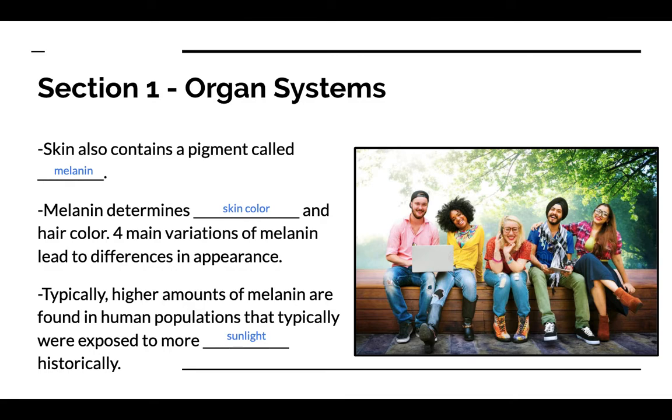One thing that's interesting to point out is people that we would describe as Inuit. We think about their natural skin tone in an area of relatively high or low sunlight, depending on the time of year. But also, if you've ever been out ice fishing, let's say on Lake of the Woods, especially in the springtime, maybe you're just out on a bucket and it's really warm that time of year. By the end of the day, you'll end up with a really bad sunburn, and not only because the sun is shining out on that warm, let's say February day, but also because of the reflection off of the